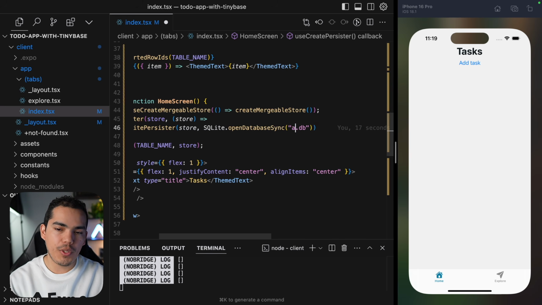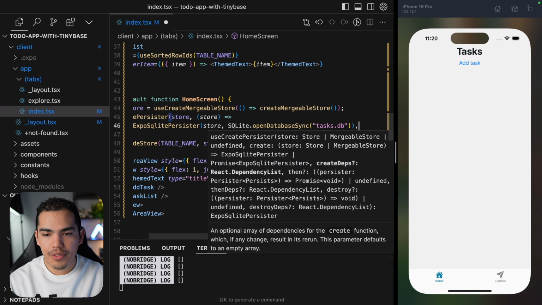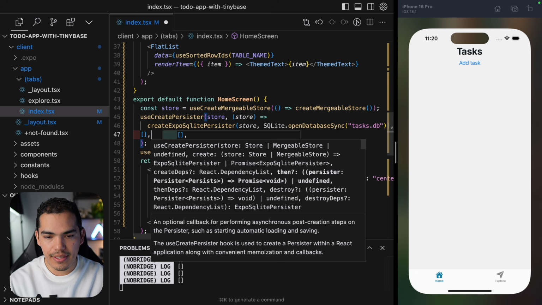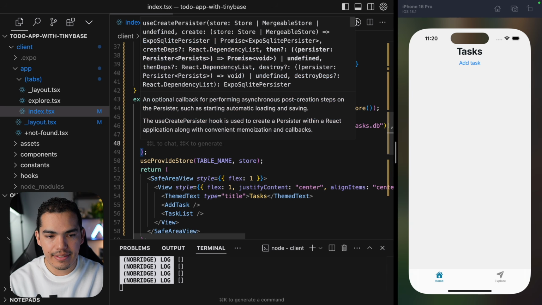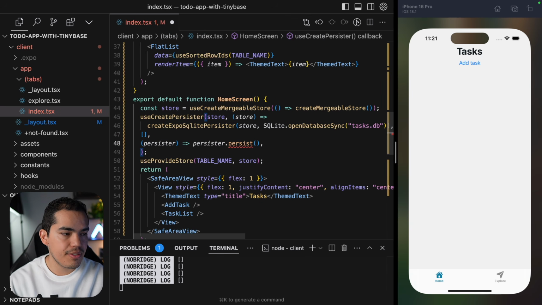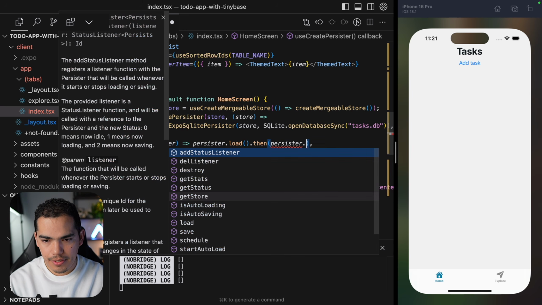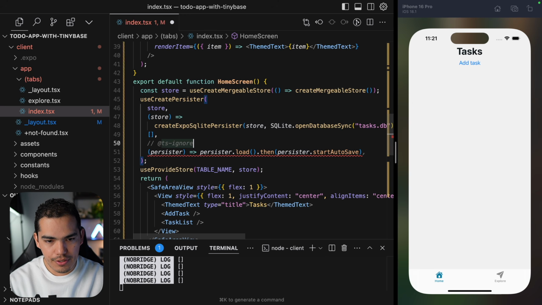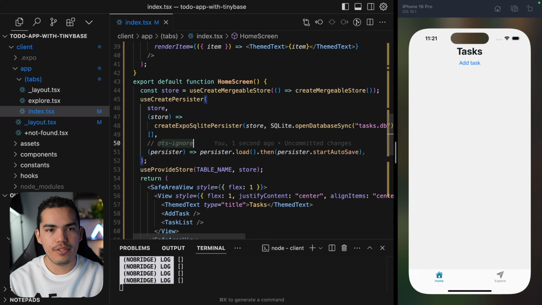In this case, you can say app.db or tasks.db, doesn't really matter. So after this, we can have createDeps. In this case, we don't want anything. And finally, we have a then callback that gets the persister. So we can get the persister and call load, then persister.startAutoSave. And I have a little warning, so I'll just ignore this for now, just to see if this